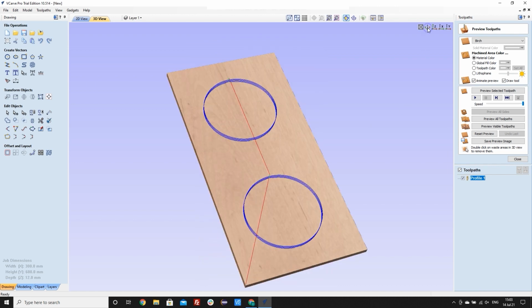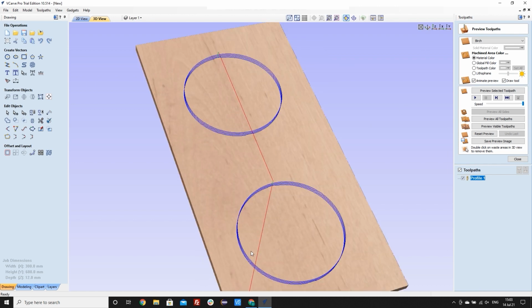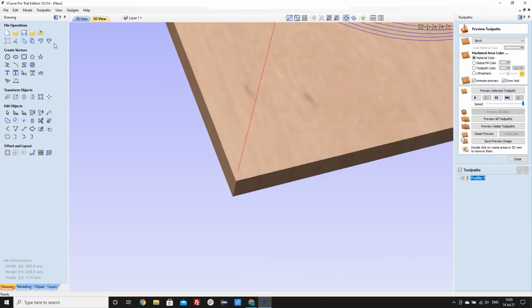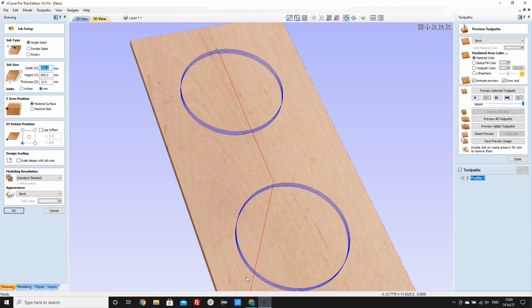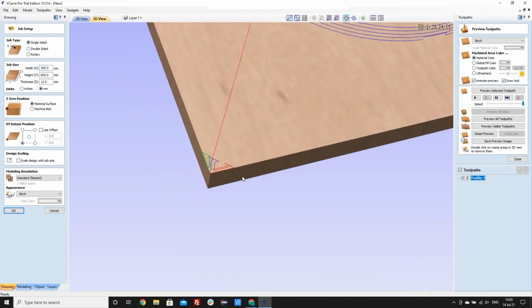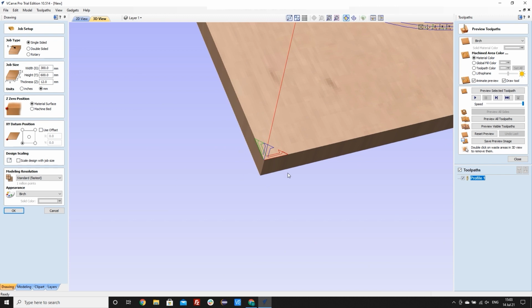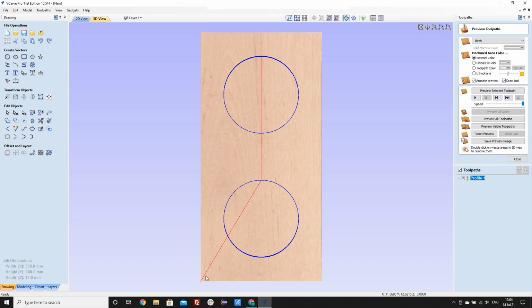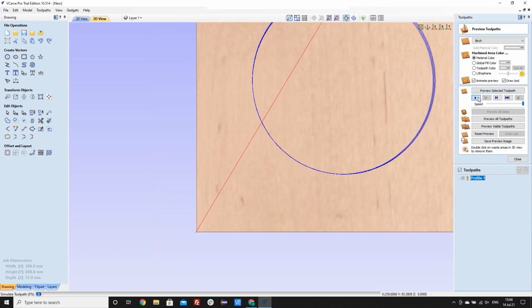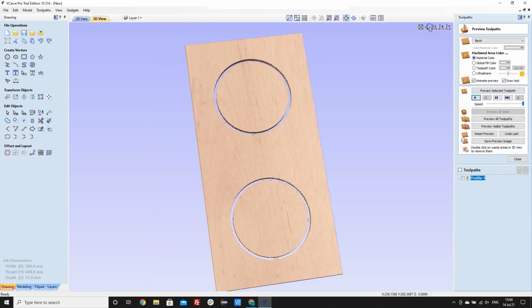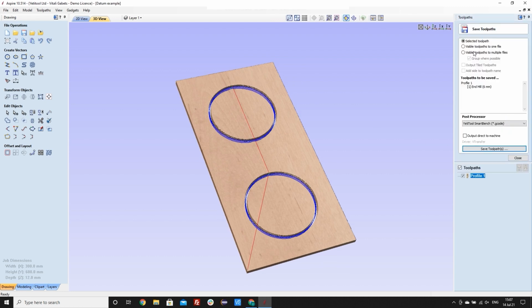If we look at the 3D model, we can now clearly see our toolpaths. And if we edit our job setup, we can clearly see that these toolpaths are originating from our job file datum, which is on the top surface at the bottom left corner of our stock. Let's do a quick simulation to make sure that the cut file is what we expect. When we're happy that everything's correct, we'll save our job file